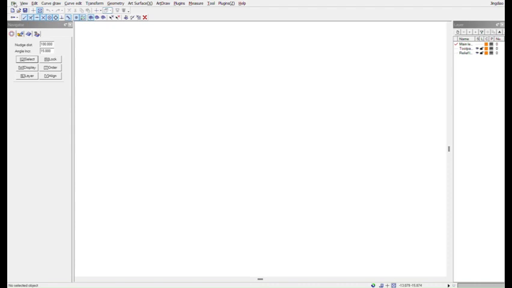Typically it shows the menu bar, and here some tools are there. Then I will explain one by one how to use them. First of all, if you are going to create the